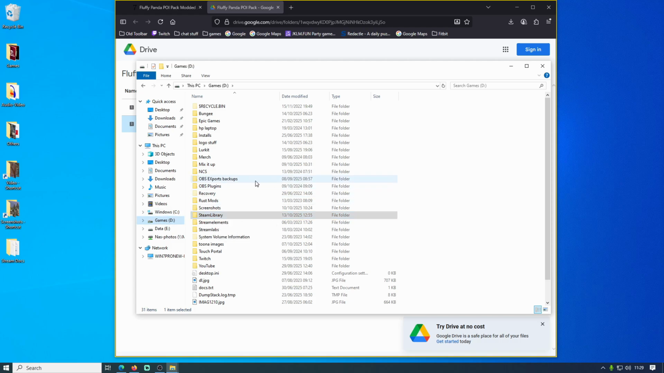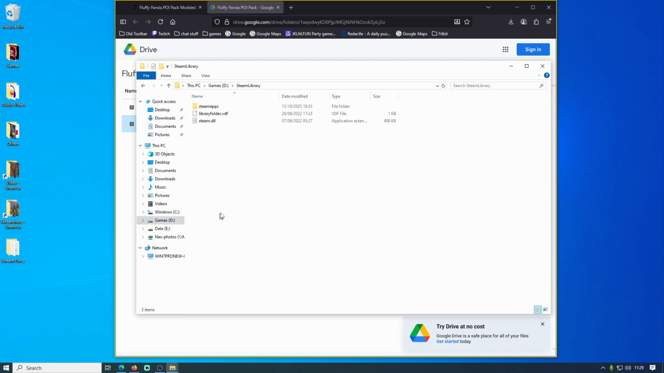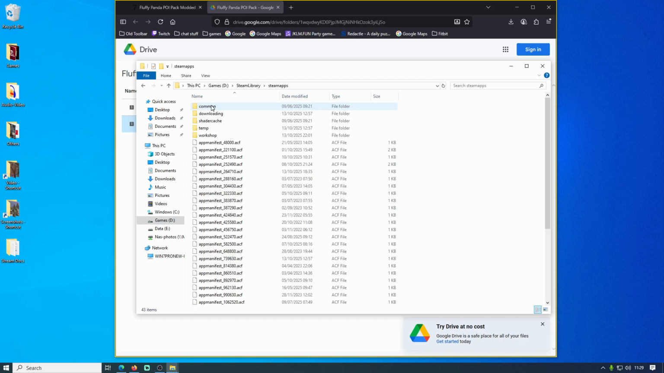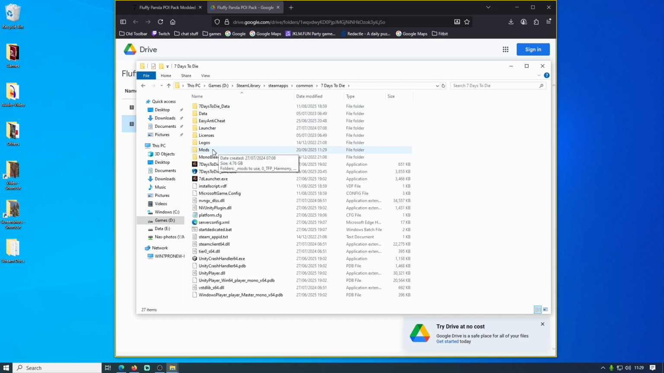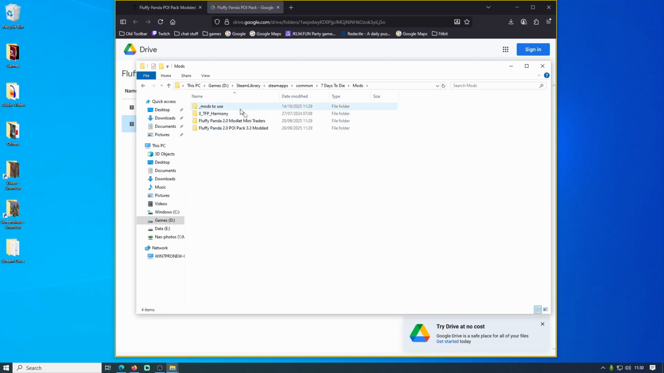So wherever your Steam games get saved to, there's your Steam library, Steam apps. You select Common, 7 Days to Die, and then you have a mods folder in there. If you don't have a mods folder, you can actually create that, and it will work in exactly the same way. Inside the mods folder, you can see I've already got the mini traders and 3.3 modded for the POI